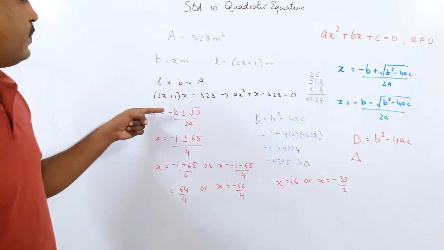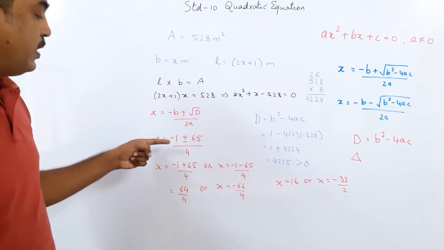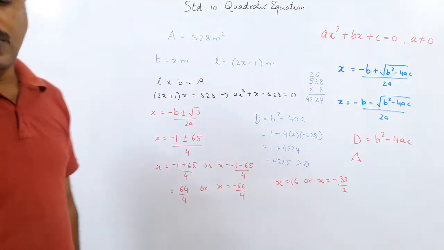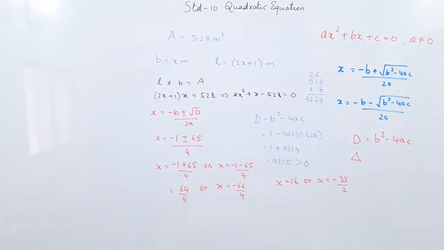The roots will be minus b plus minus root d upon 2a. So we got the root d as 65. And putting down the values, we got the answer. So remember the names. This method is called the quadratic formula. Okay? Where you need to find the discriminant. So I told you last time why the discriminant is very important. The discriminant will decide whether the sum will have real roots and how many real roots it will have. Okay? Now let us try out one more sum.